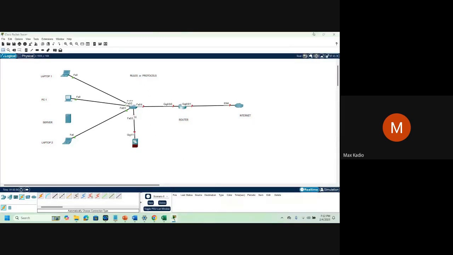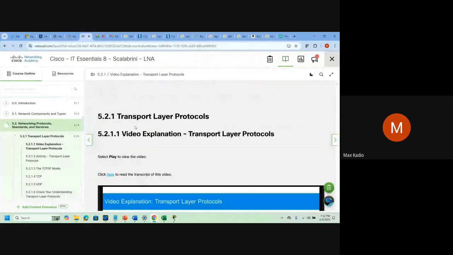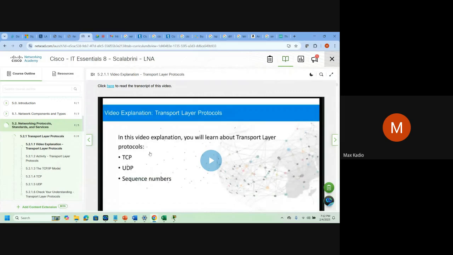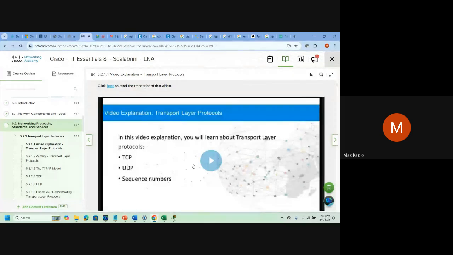So these rules are here: networking protocols, standards and services, transport protocol. Just watch this one, it's fine. Don't memorize. We go step by step in CCNA.